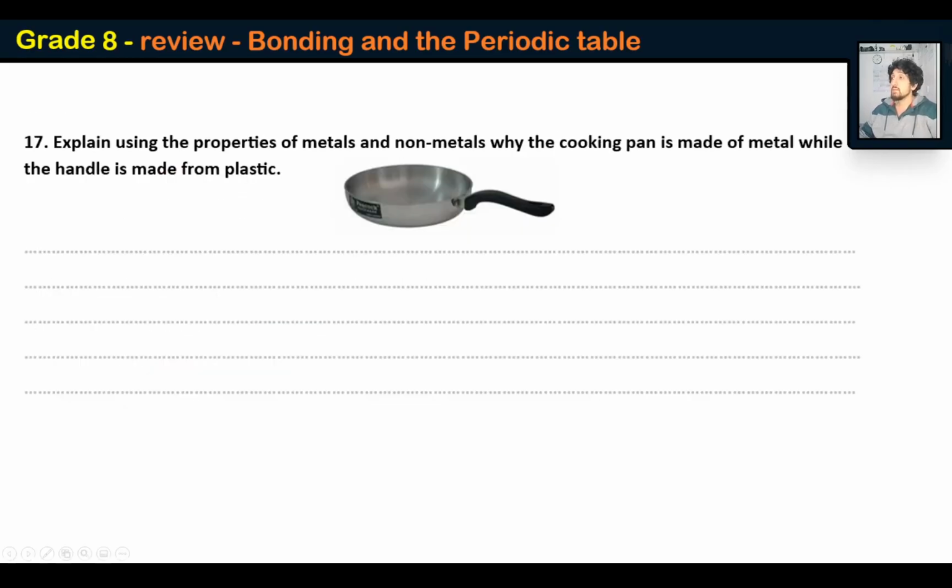Okay, nearly there. Explain using the properties of metals and non-metals why the cooking pan is made of metal while the handle is made of plastic. Well, that's an interesting question. The reason why the cooking pan is made of metal, oh my goodness, my handwriting, so it can conduct heat and pass heat